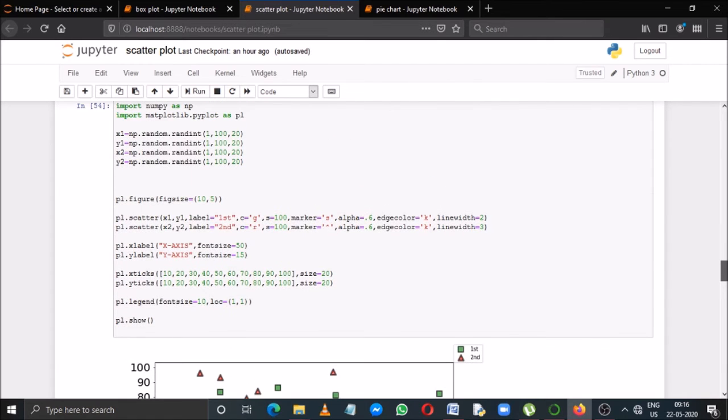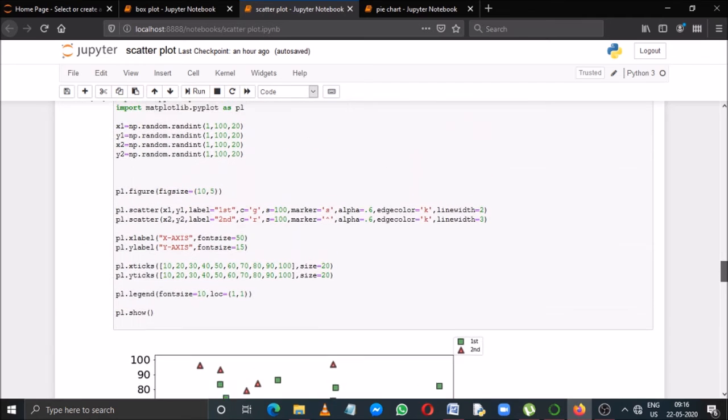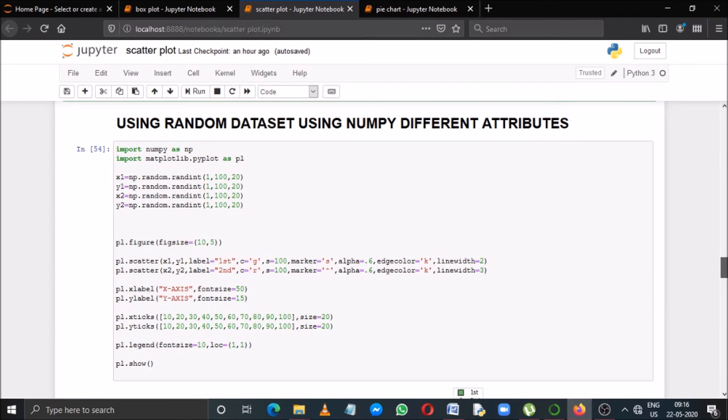For that purpose, we can use the figure function, and we can write like this: pl.figure, then within the bracket figsize is the attribute, equal to 10, 5. 10 is the size along the x-axis and 5 is the size along the y-axis. Now I have plotted both the different scatters.